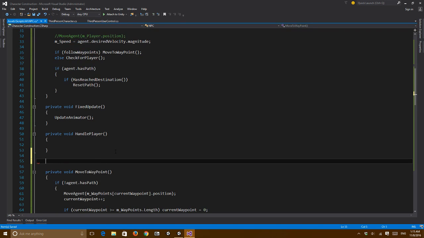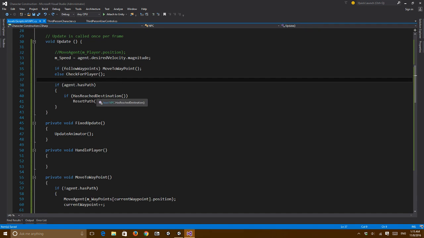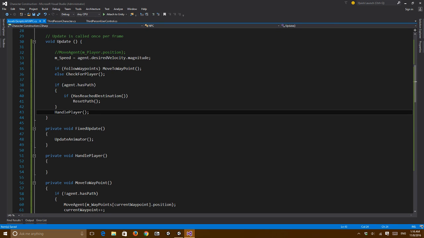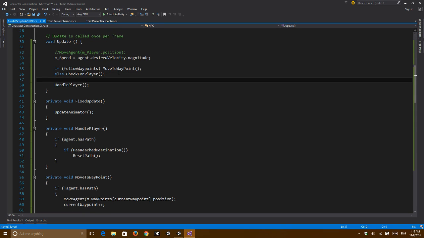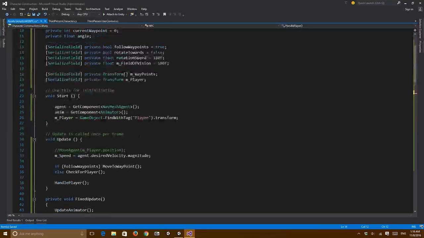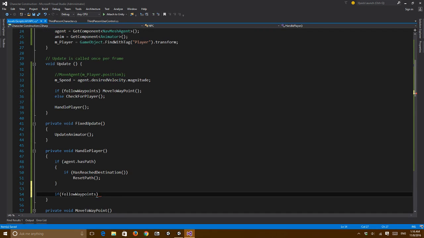And I think I'm just gonna say, let's not keep making any more of these functions. So HandlePlayer. So we have path, we reach destination, we reset the path. And we're gonna handle the player at all times, however. Functions are so messed up, I don't know where to put this function. So we reach the player, actually I think we need to put all this there. So HandlePlayer will be played at all times, and we reach it, and I'm gonna say if follow waypoints, or if it's not follow waypoints,